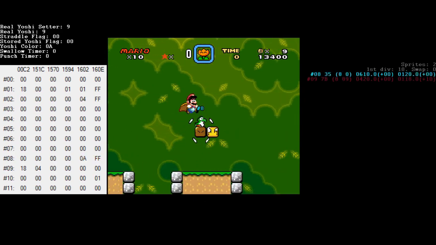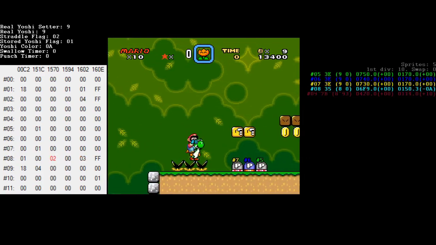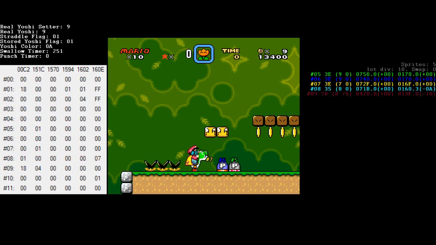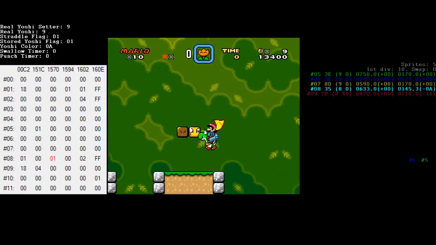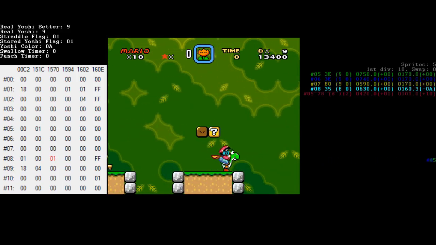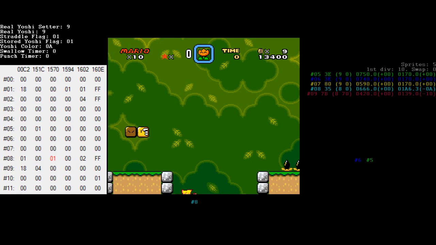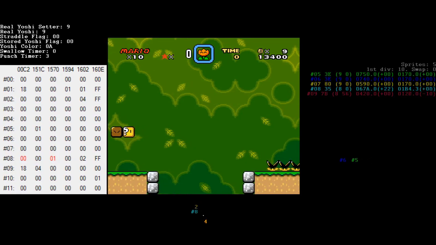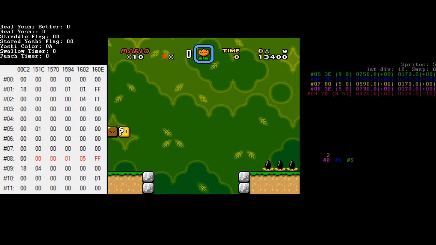So, now let's look at P-switches. P-switches use 151C to determine which type of switch it is. 0 means blue, and 1 means silver. Depending on which frame you stick out the tongue, you can either write 0 or add 3 to the current value. So if the punch timer runs out on the second frame, the Yoshified silver P-switch, so right here you can see the silver P-switch spawns and takes Yoshi's slot. Then the punch timer runs out, and when the punch timer runs out, it sets